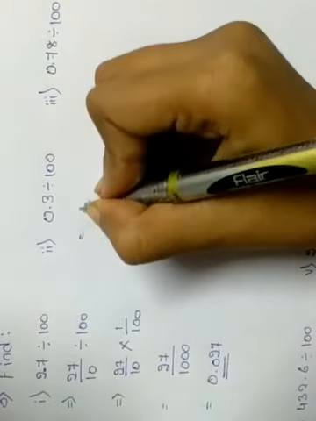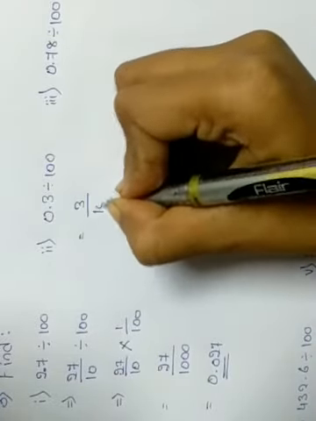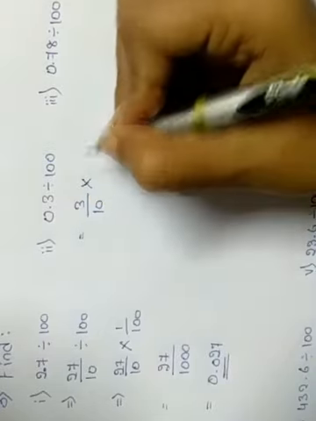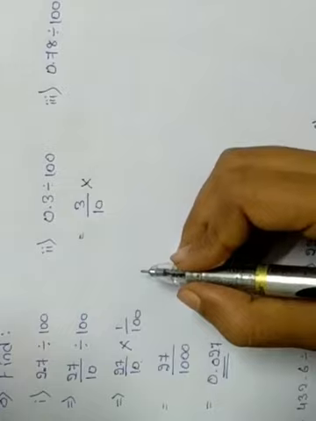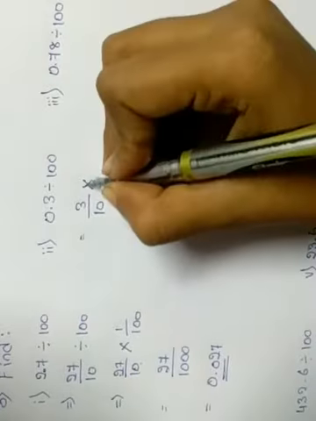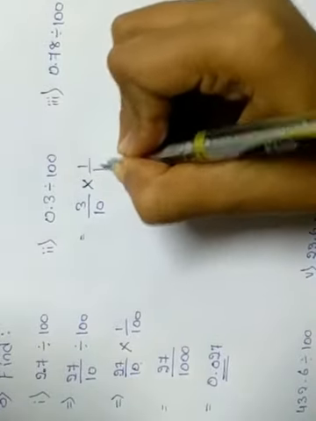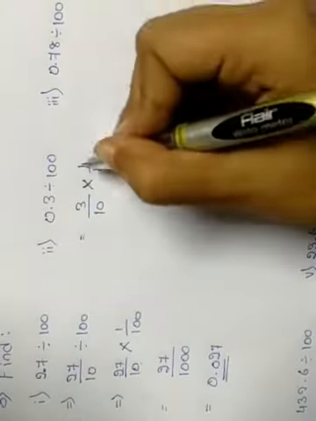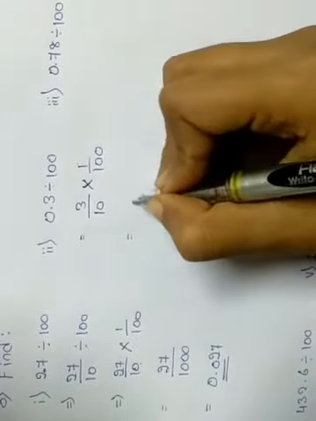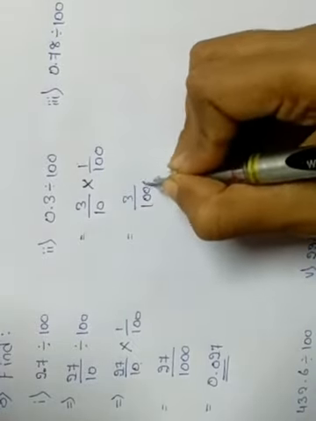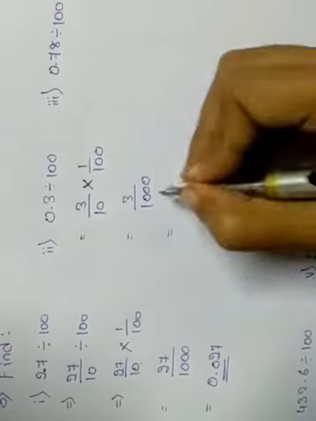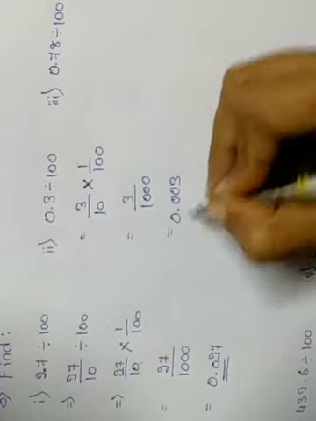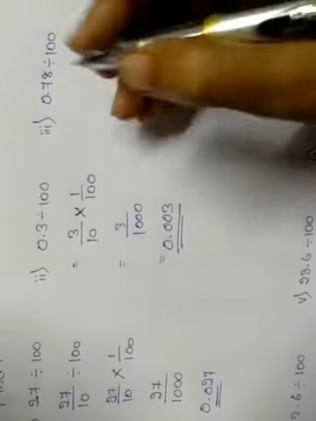Second one, remove the decimal point, divide it by 10. Then you can change directly the sign. We can take second step also immediately. Change the sign and reciprocal. After changing the sign only we have to reciprocal, right? 1 divided by 100, that is equals to 3 ones are 3 divided by 1000, means 10 into 100 is 1000. 300.0 is the answer.